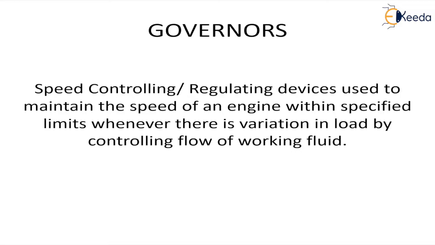Governors. As the name suggests, these are the governing devices. What are they governing? They are governing the speed. Why are they governing the speed? Because whenever we are designing any machine, we are designing the machine to work within the specified limits. The minimum and maximum, it is already fixed, the bracket is already fixed, and we never want our machine to go beyond the limits. Otherwise, it will fail or it will not do the desired task, right? So we want the speed to be within the specified limits.